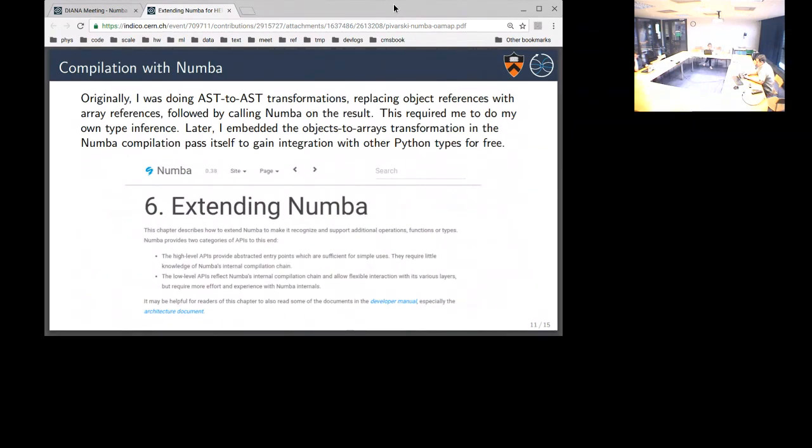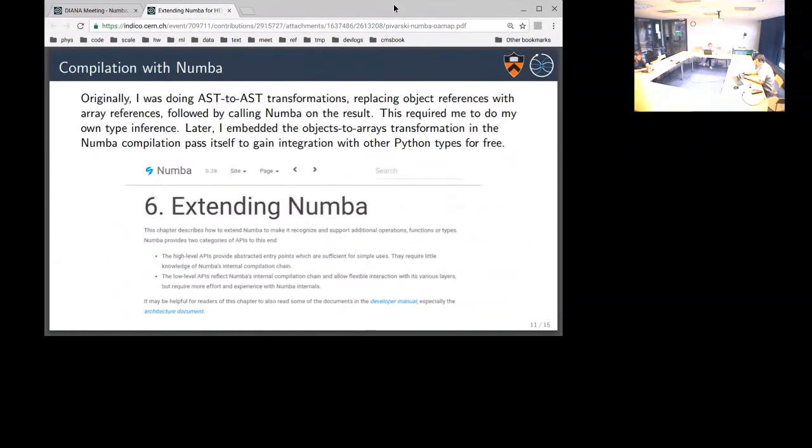So this required me to do my own type inference, which you can do by stepping through the OAMAP object. But if some information relevant for the type inference comes from some object which is not an OAMAP object, like some Python object, then I would need to re-implement all of that.